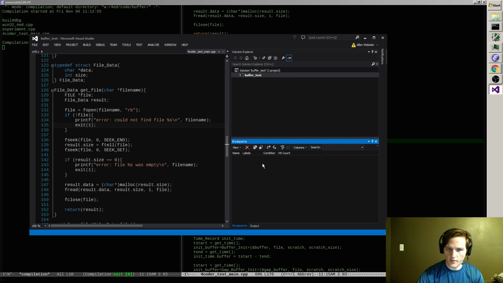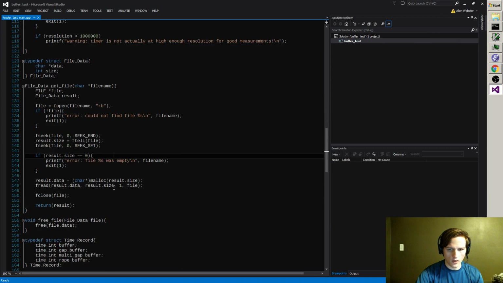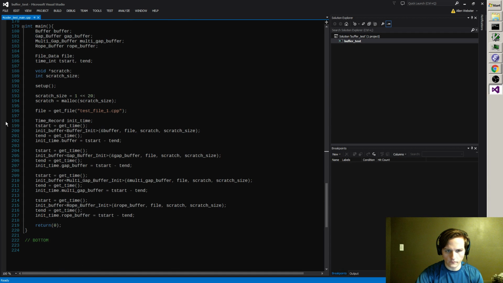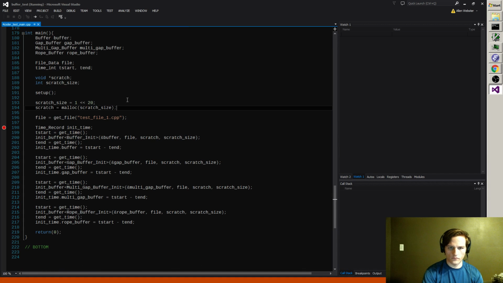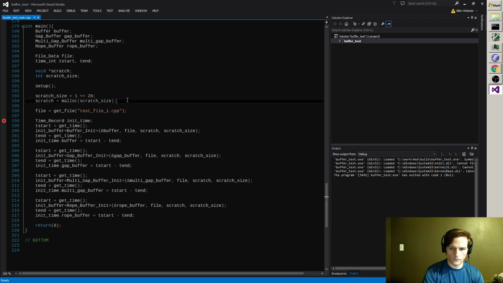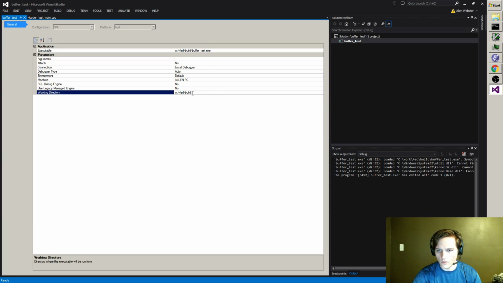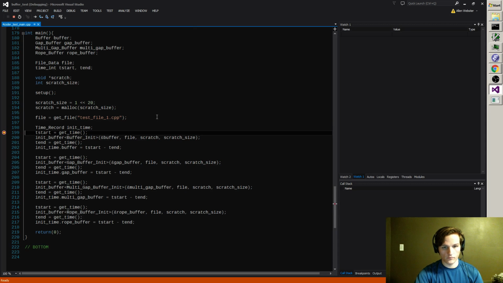Old breakpoints be gone. You hang out. You get big. Right, I have to set this thing up to know about the correct directory too. Data, buffer test.